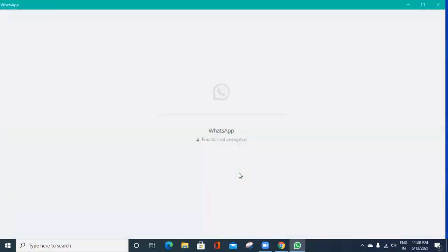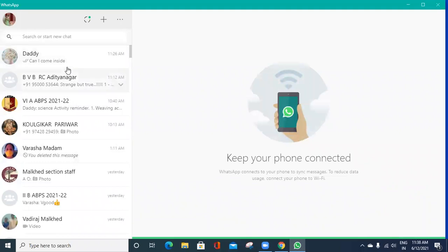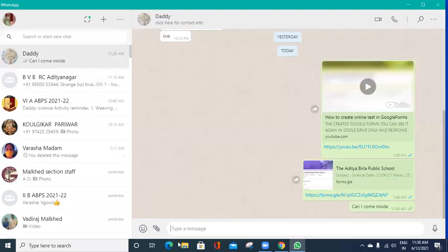Okay, so this WhatsApp will get opened. When the WhatsApp opens, you can paste the link that you have copied. So I will paste here. Select whom you want to send it to. Then come here, right click your mouse, then left click paste. Wait for 2 minutes.